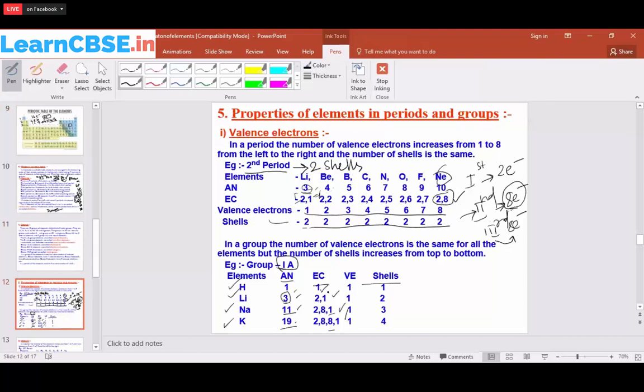Now next one is the shells. Okay, so this contains one shell. This contains 2 shells. This contains 3 shells. 1, 2, 3, 4, 4. So the number of shells increases